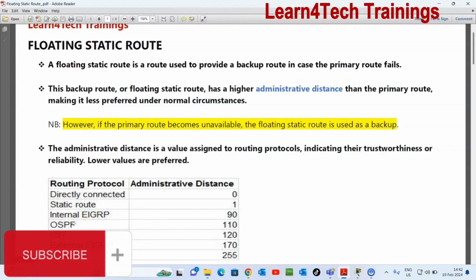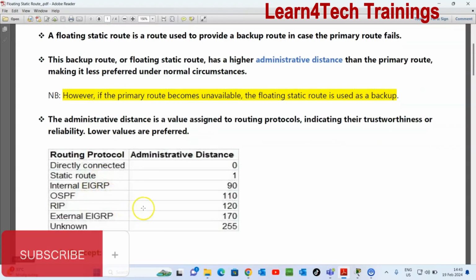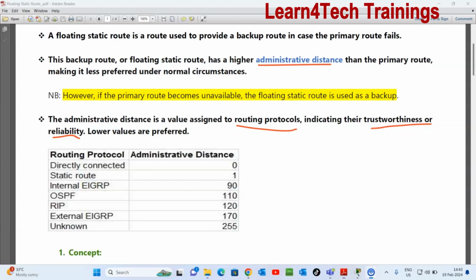the administrative distance is a value assigned to routing protocols indicating their trustworthiness or reliability. The lower the value, the preferred the route. And each and every protocol has its own administrative distance. Like for directly connected routes, we have an AD of 0. It means it's the most preferred